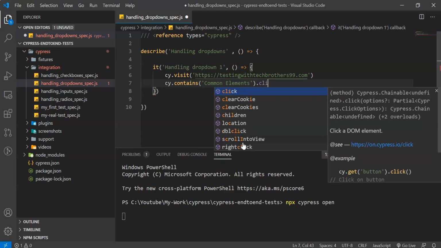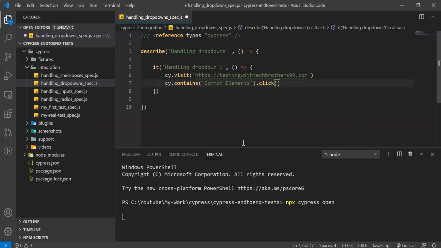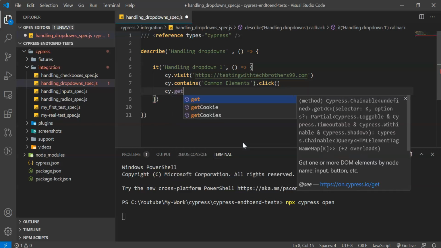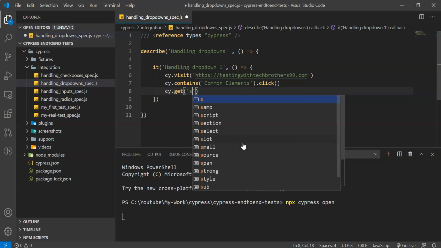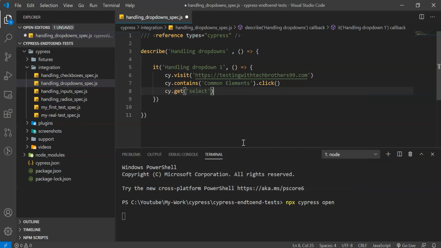Once it is found, I am clicking on that link. Okay, after that I need to get the select element, so I am using cy.get select.